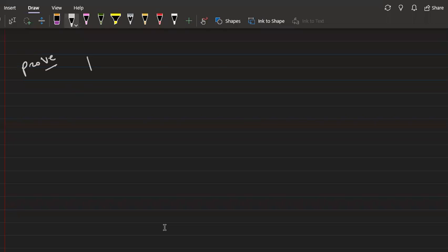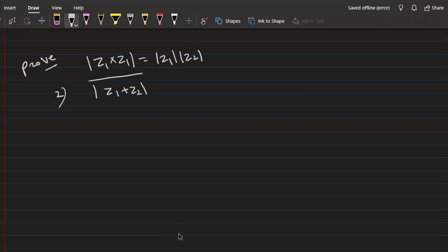Prove mod of z1 into z2 is equal to mod of z1 into mod of z2, ठीक है? Second, mod of z1 plus z2 का होल बार is equal to mod of z1, और वेट, नॉट mod, सॉरी, z1 plus z2 का होल बार is equal to z1 बार plus z2 बार, ठीक है? More is to prove,